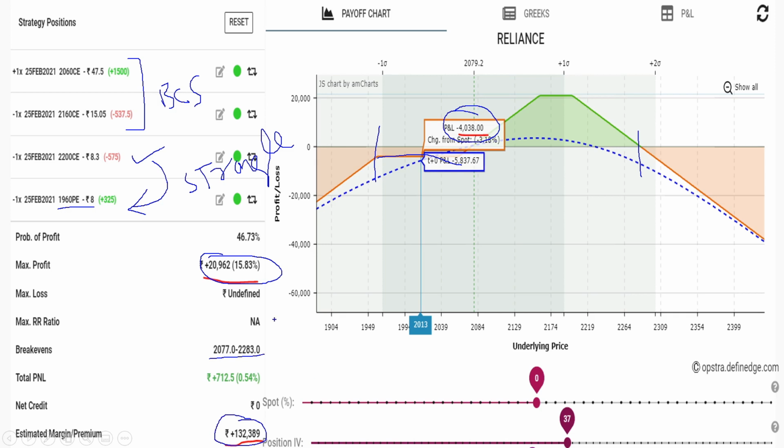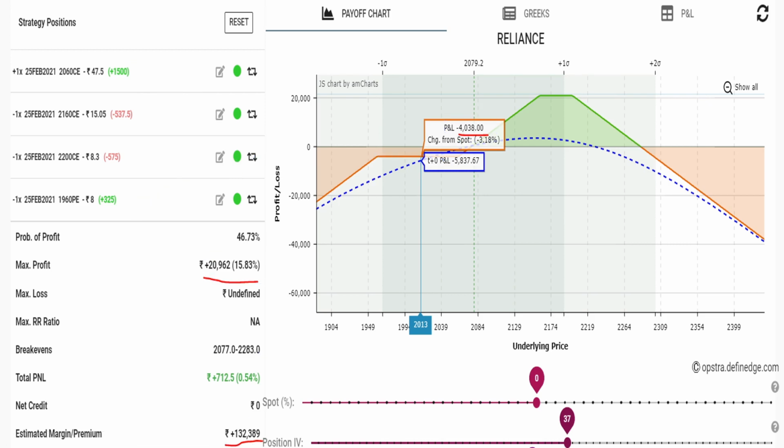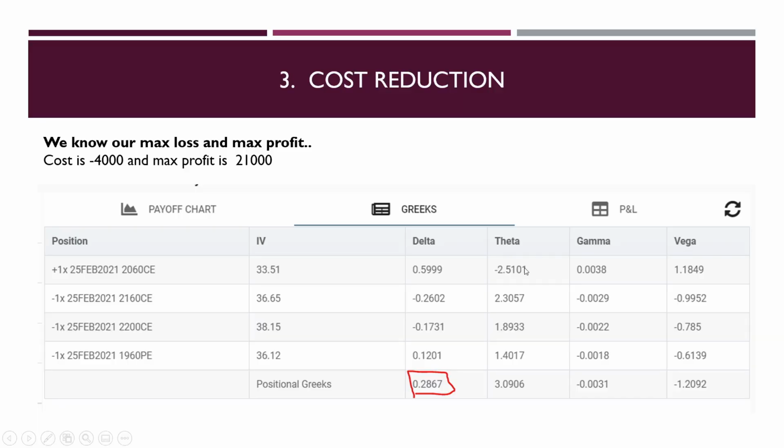So now to sum up, we'll sell a strangle in addition to our base strategy, which is bull call spread or bear put spread. Strike you have to decide as per your risk appetite, means maybe you can select 0.10, 0.15 delta. For low risk, I suggest selling far OTM calls and puts as low as 0.10 delta. This is how the Greeks look. So our net delta is 0.28, which is comfortably within the limit of 0.25.